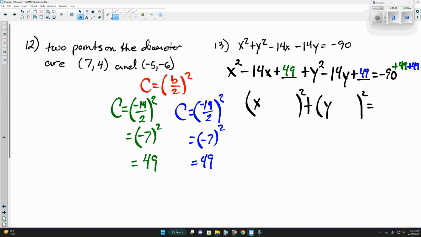Now for x, the number inside the parentheses before we squared it was negative 7, so we had x minus 7. And with y, it was also negative 7. So we have x minus 7 squared plus y minus 7 squared is equal to,